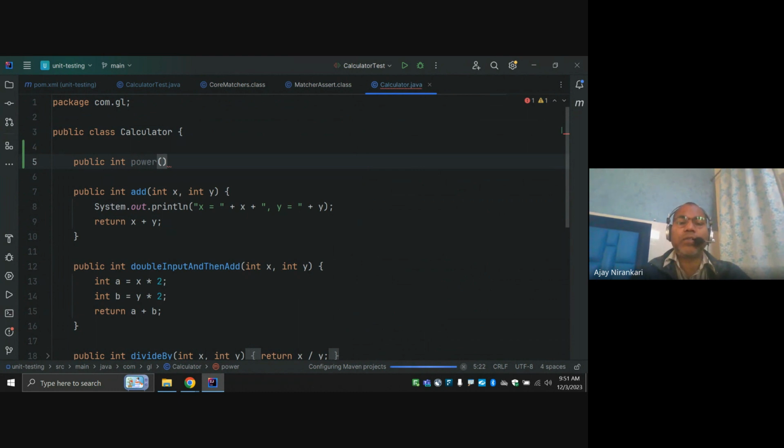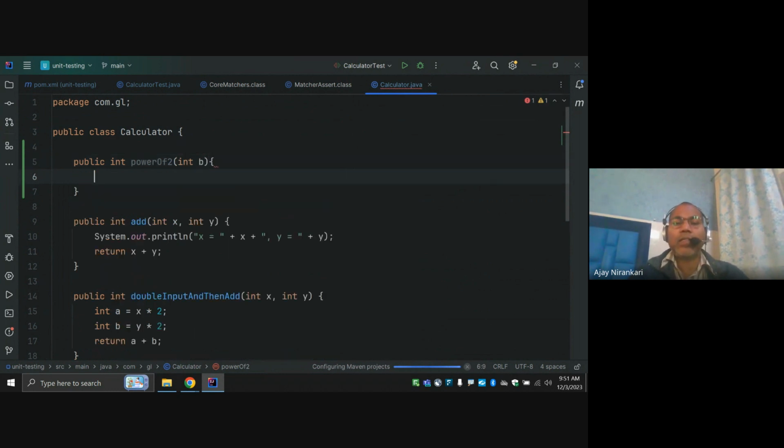It will take the power of 2, so this is the power of 2 function. Whatever number you pass here, a, it returns the